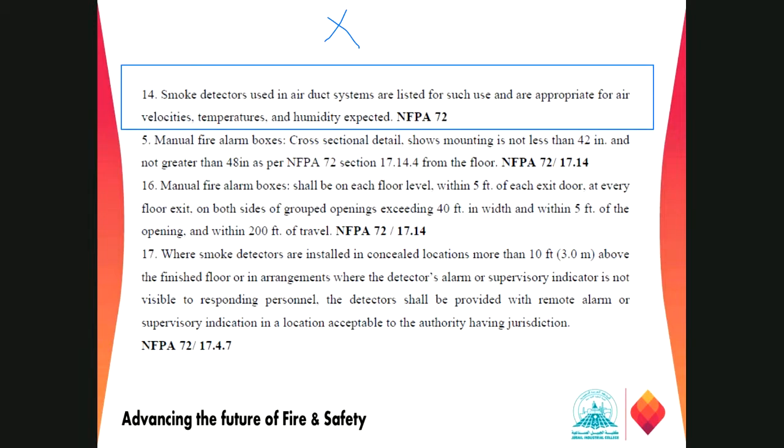And then the manual fire alarm boxes, their cross sectional details, the maximum height from the floor level, right? All that information you have to follow. The maximum height they have given is around 42 inch. We have to make sure with the current NFPA standard that it is less than 42 inch. Also, a manual alarm box shall be located on each floor within 5 feet of the exit door. So this is our door. We have to install within 5 feet, not even 5.5 feet, maybe it will not be acceptable. So it should be installed near the exit door within 5 feet. Make sure of that while reviewing the plan.